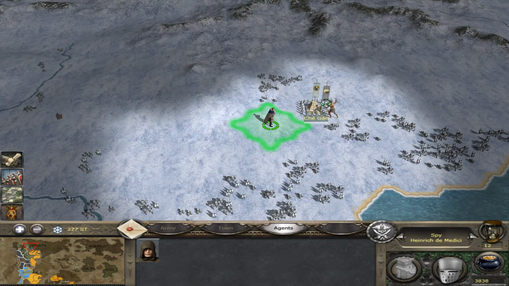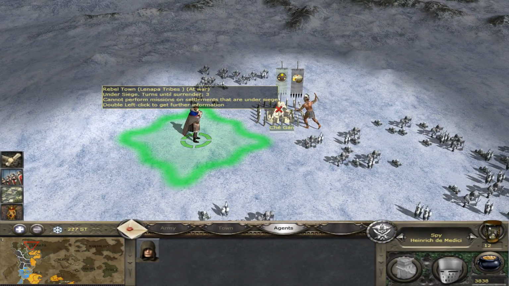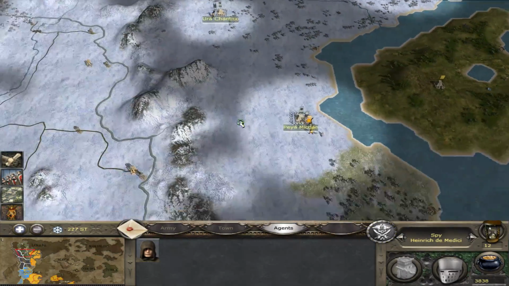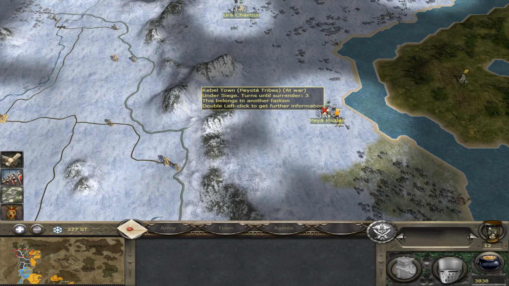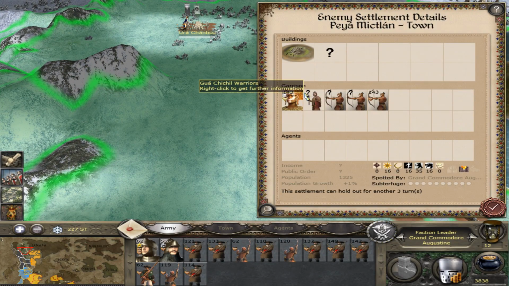Although the siege tower setting on fire is a potential issue, my spy reveals that the next rebel settlement along is currently being attacked by a tiny army from another real faction, so we might be about to have some new neighbours up there. Now down with this siege I've already set up,